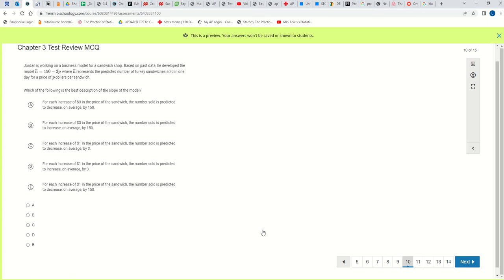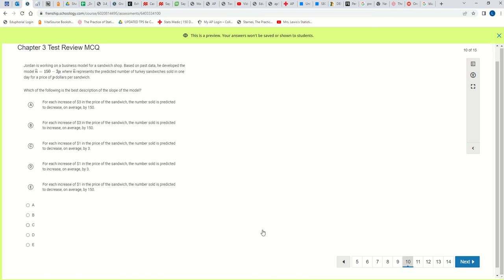-3. Okay, so the way that you always write about slope is for each increase of 1, which means A and B are out. For each increase of $1 in the X spot. So price per sandwich is in the X spot. So for each increase of $1 in the price of the sandwich, the number of sandwiches sold is predicted, and they all say the word predicted,